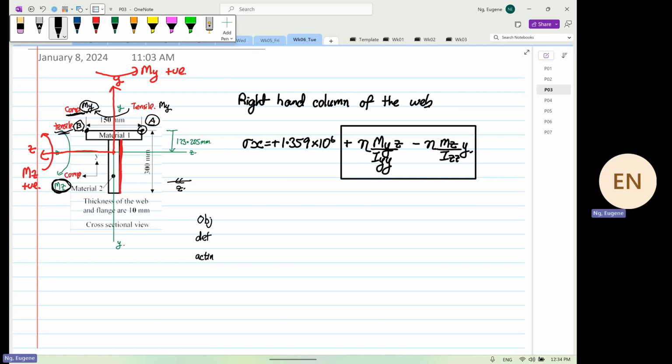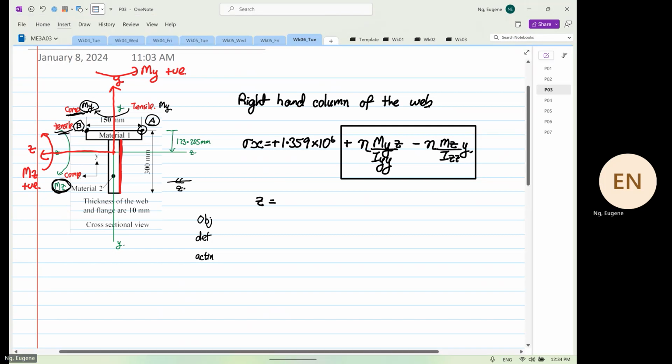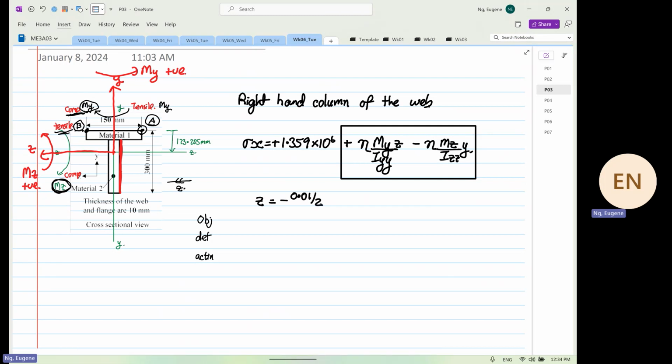we realize that z now is equal to minus 0.01 divided by 2. So it's equal to minus 5 times 10 to the power minus 3 meters. Okay. Because it's on this side z is negative. Okay. So we want to identify the position of y such that the stress is equal to 0. So now all you need to do is put this equal to 0. This is equal to